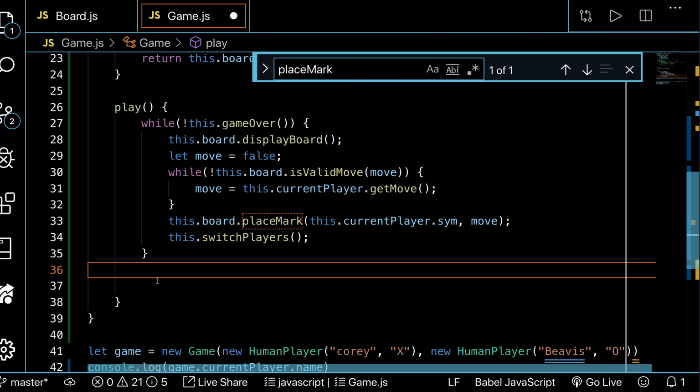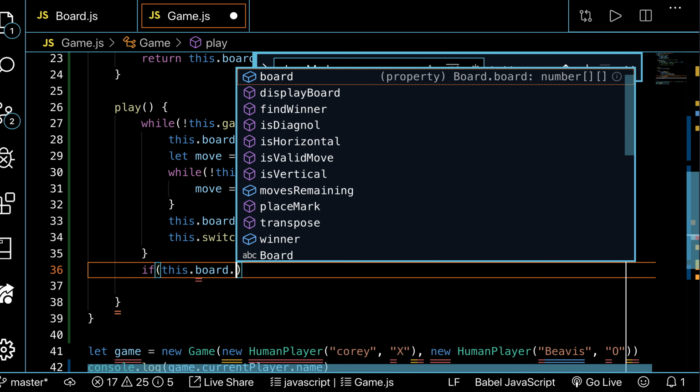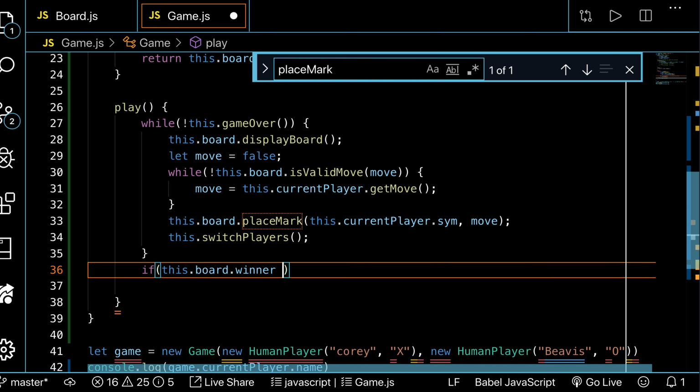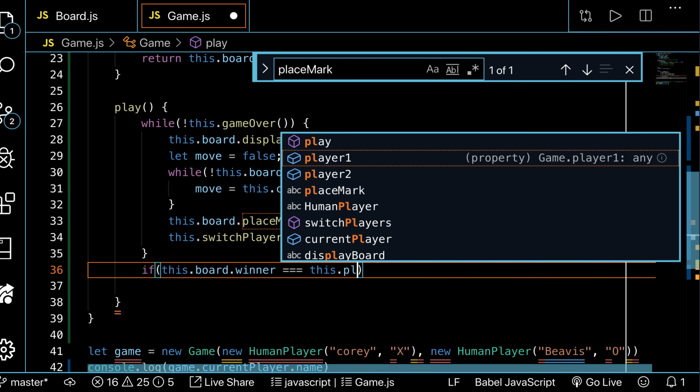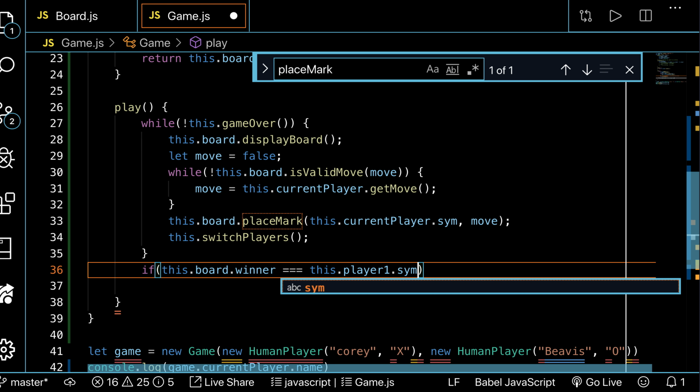Well, we can see something from the winner, right? And what's our winner? It's some kind of symbol, and we could check to see if that's equal to a specific player, right? So we could say if this dot board dot winner is equal to this dot player one dot sim